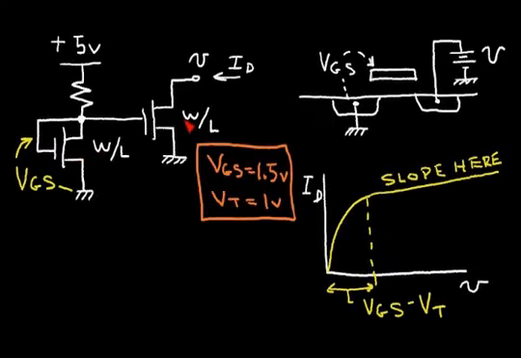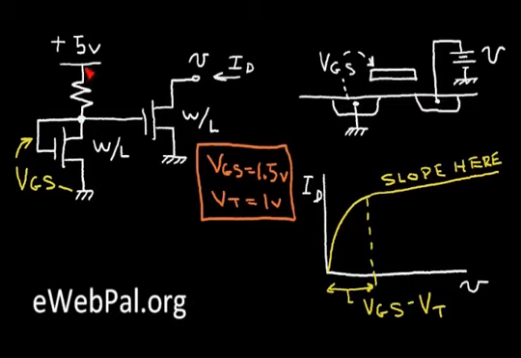Channel MOSFET transistors. The transistor at the left has the gate connected over to the drain, and the drain connects to a resistor up to plus 5 volts. And this resistor sets the current in the transistor at the left. And in this video, I'm going to make some simplifying assumptions. I'm going to assume the voltage gate to source is 1.5 volts, and that the threshold voltage of the transistor